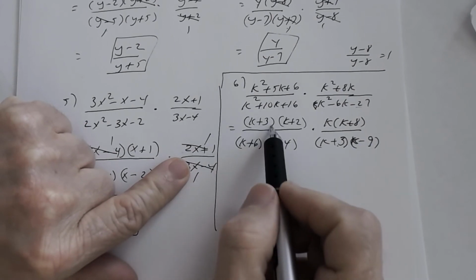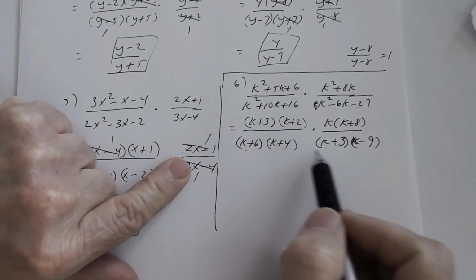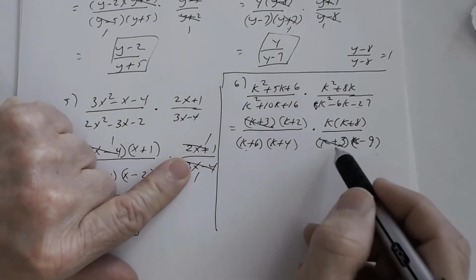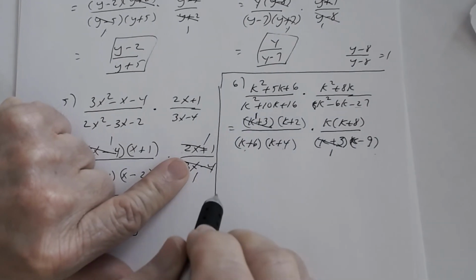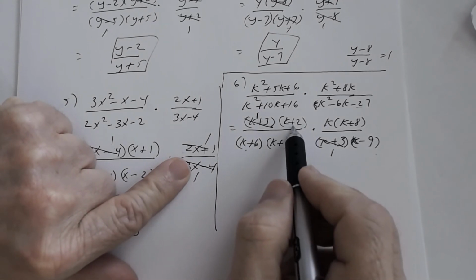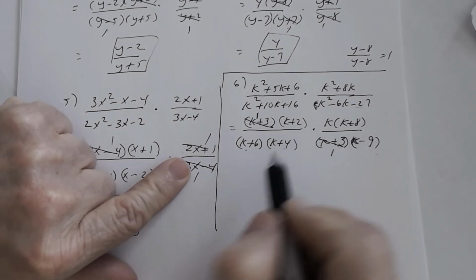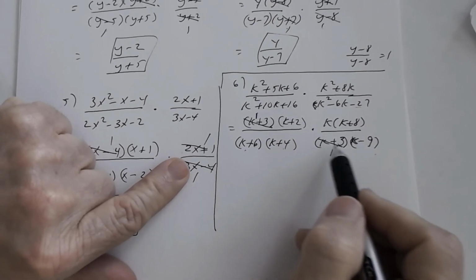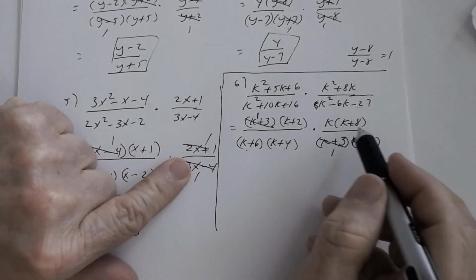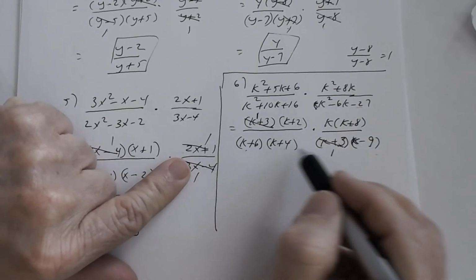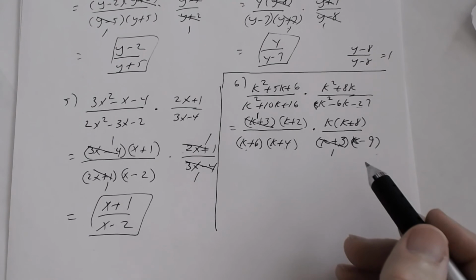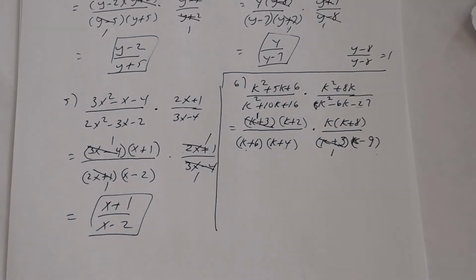The first factor I see is k plus 3. You have any factors of k plus 3 in the denominator right here. So those divide out, you're left with 1s as factors. The next factor is k plus 2. I don't have a k plus 2 in the denominator. The next factor is a k. I don't have a k as a factor in the denominator. The next factor is k plus 8, and I don't have a factor of k plus 8 in the denominator. All right, so then,